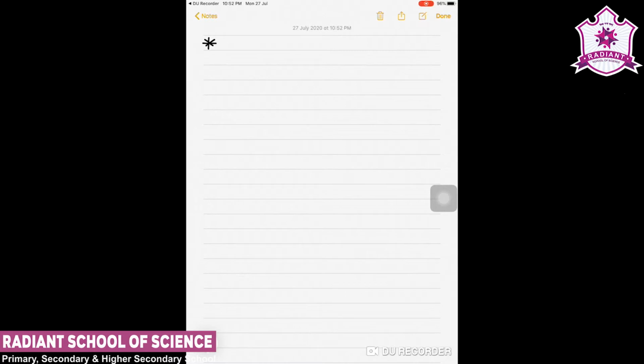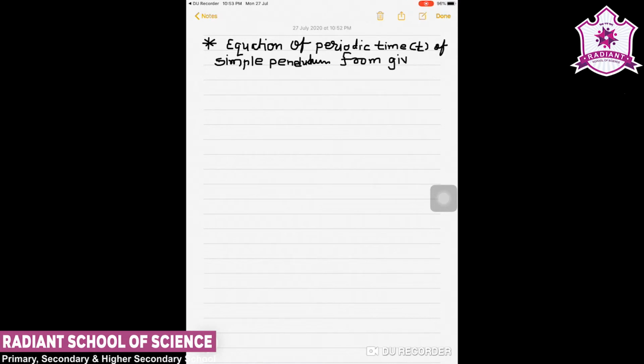the equation of the periodic time of a simple pendulum from the given information, given that T